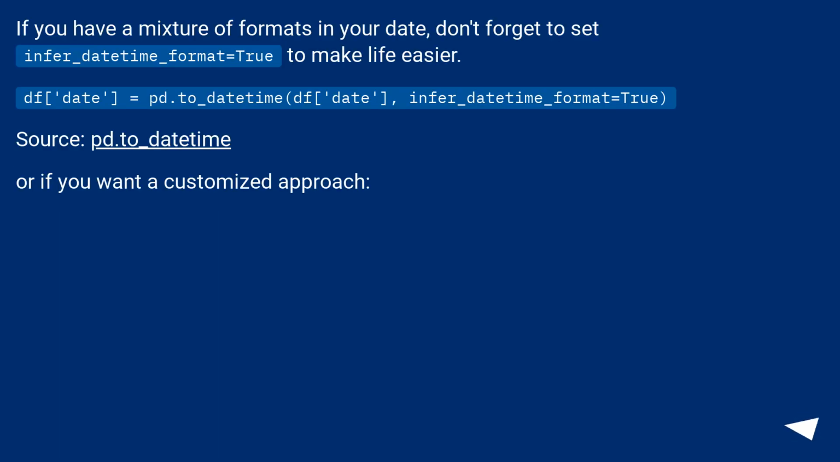If you have a mixture of formats in your date, don't forget to set infer_datetime_format equals True to make life easier. df['date'] = pd.to_datetime(df['date'], infer_datetime_format=True). Source, pd.to_datetime. Or if you want a customized approach,